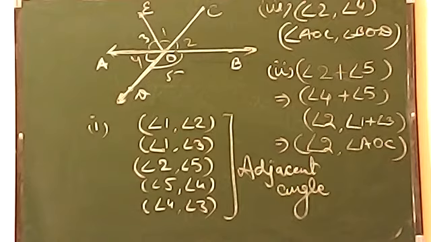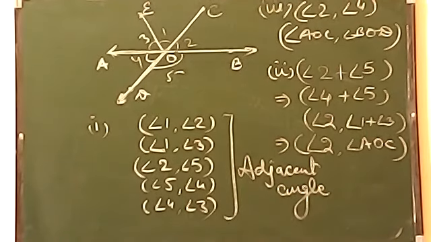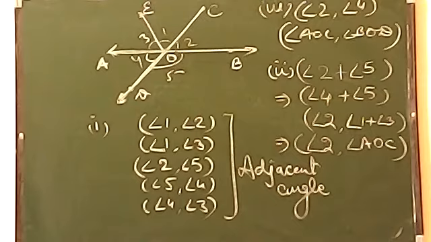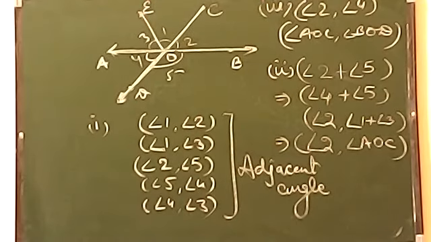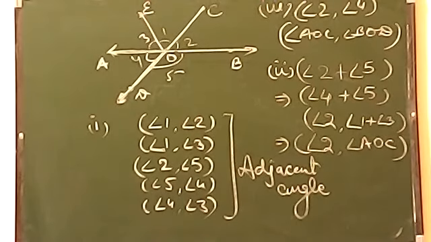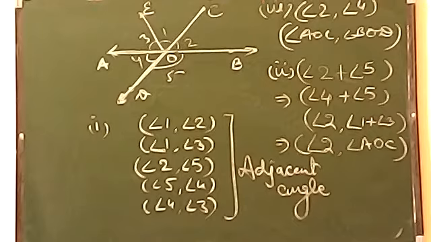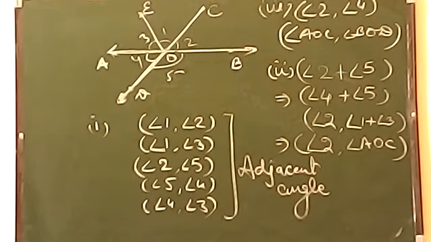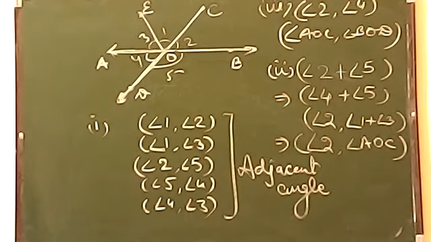Now question number 5 is very easy, beta. It is just simply asking for supplement and complement. So the first question of A1 is the supplement of 165. You just need to subtract from 180. So 180 minus 165 will give you 15 degrees. Second is asking for 73. So it will be 180 minus 73, which will give you 107 degrees.